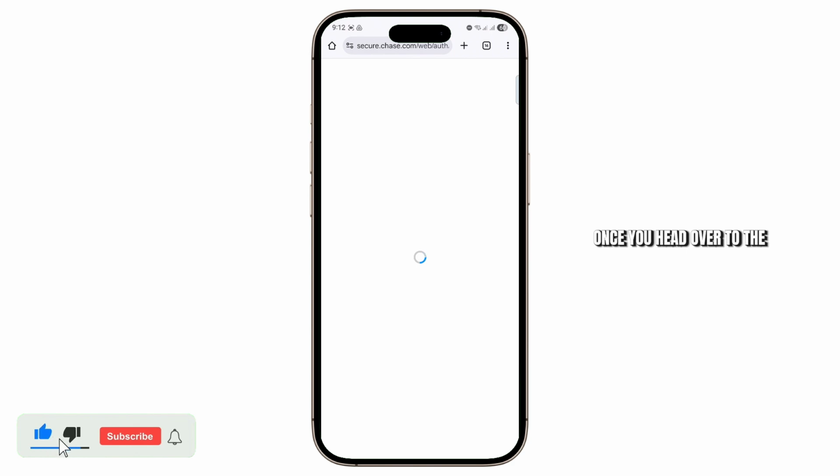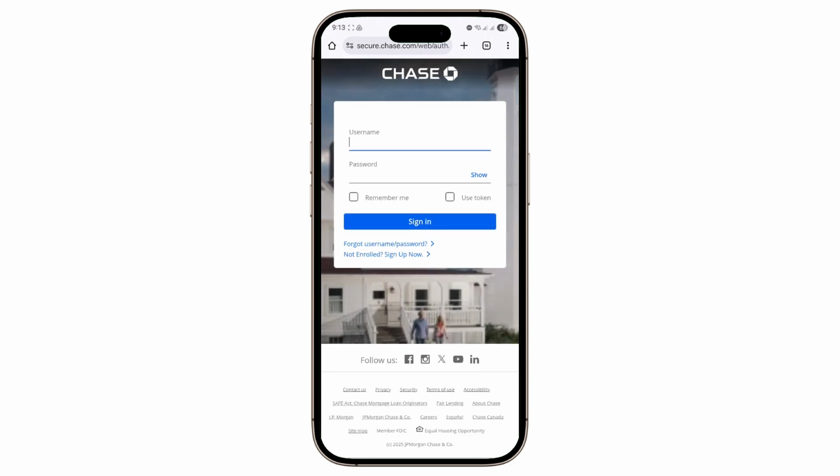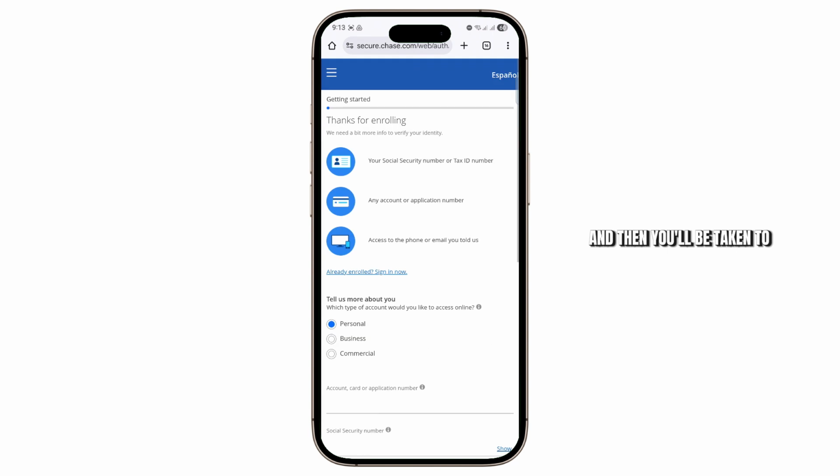Once you head over to the sign-in page, just wait for a bit and you'll see the login portal right here. So right at the bottom of the sign-in button, you have forgot password, and then right below that you have not enrolled, sign up now button. Just go ahead and tap on this if you already don't have an account, and then you'll be taken to